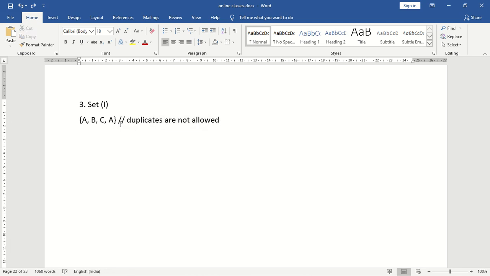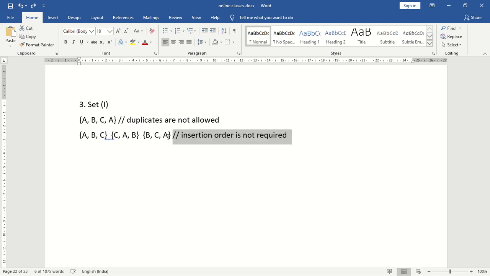The next point is, are these three sets, ABC, CAB and BCA, the same or different? All three sets are the same. What is the meaning of this? In a set, insertion order is not required.